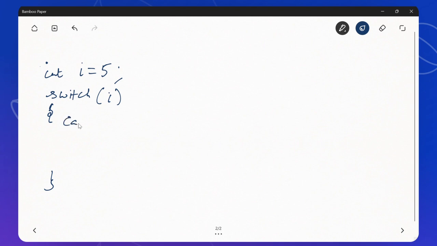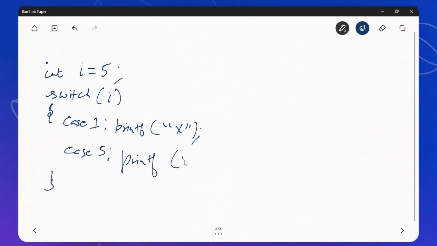Let's make only two cases: case 1 and case 5. For case 1 I say printf x, and for case 5 I say printf y.